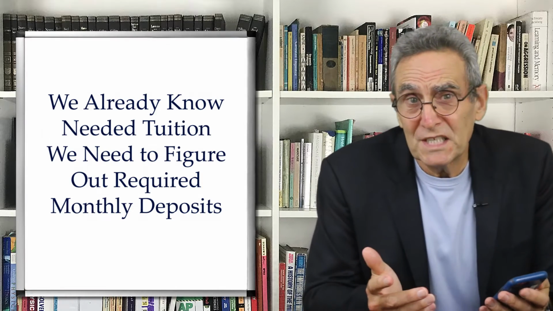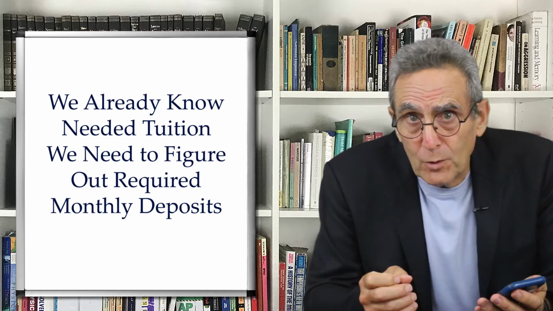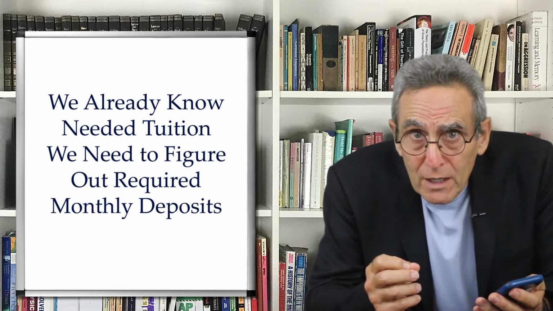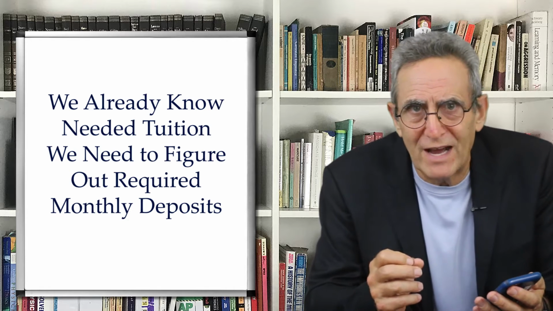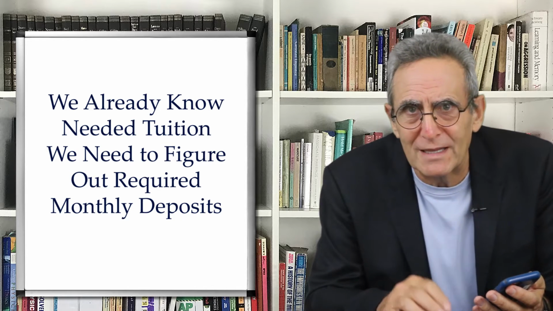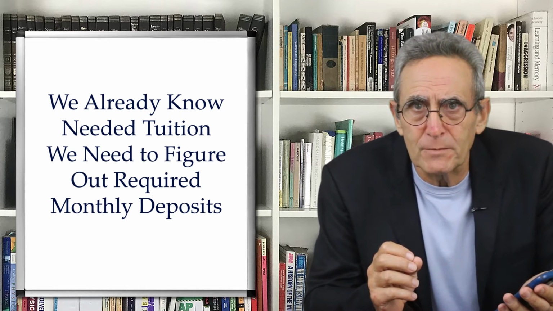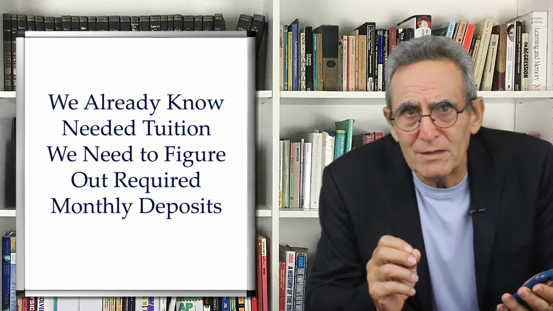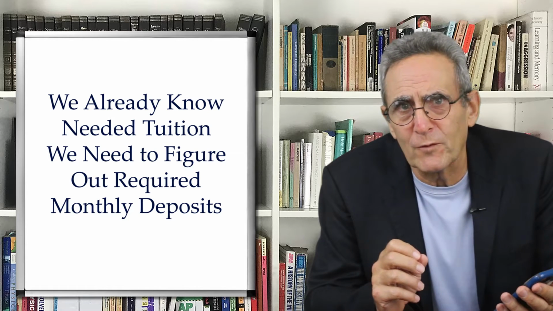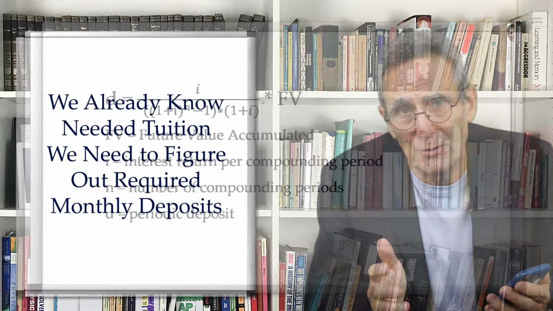Now, in our tuition example, we already know what the desired future value is, $120,000. Here we are looking to determine the amount of the periodic payments needed to arrive at this future value, the D in the annuity due formula. And for simplicity, we will assume that there will be no initial lump sum deposit, P. By deleting the initial P term and performing a little algebra, we can derive this formula for figuring out the needed periodic payments to reach the desired future value.